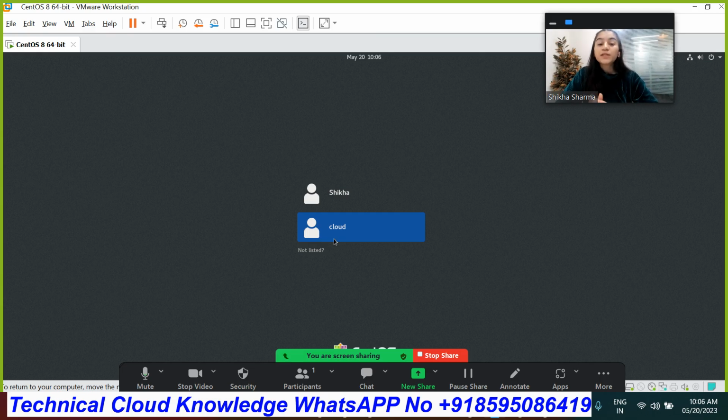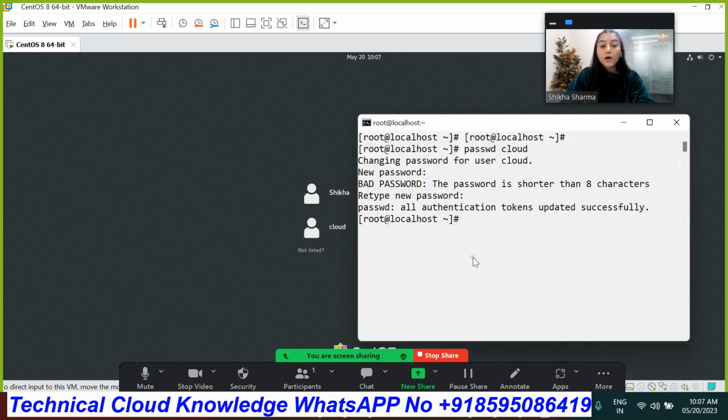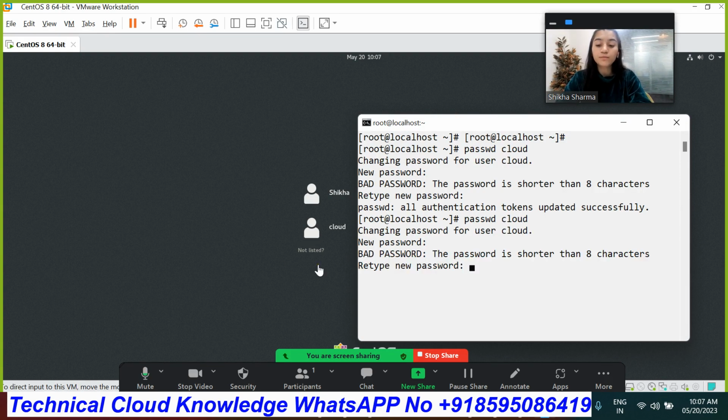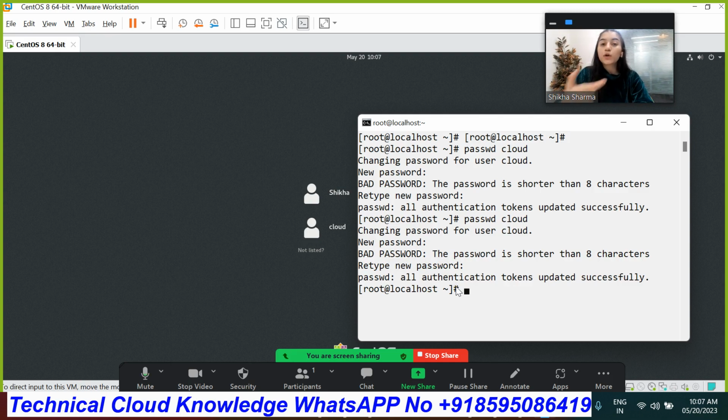Okay. So that's how we are able to assign the password, and only the root user is able to assign the password to any user. Now let's understand how we can change the password of any user. There are two ways to change the password of any user. The first one is that on the root directory, you just need to execute the command passwd along with the user name. Okay, and just assign the new password to that user. So this is the first way you can change the password of any user.